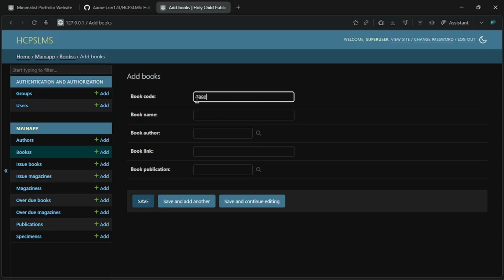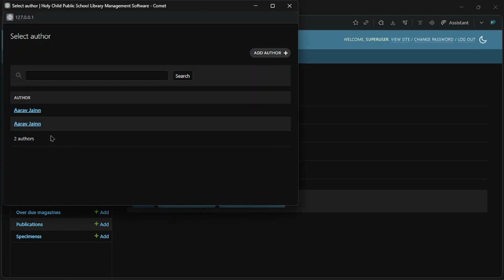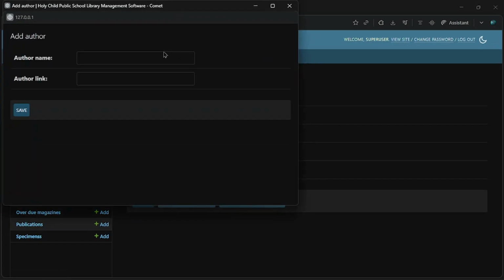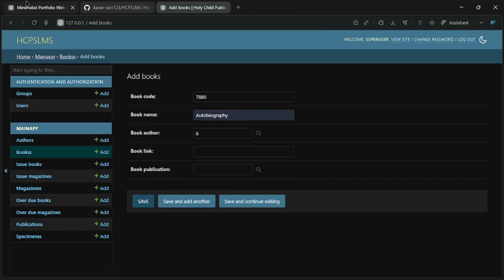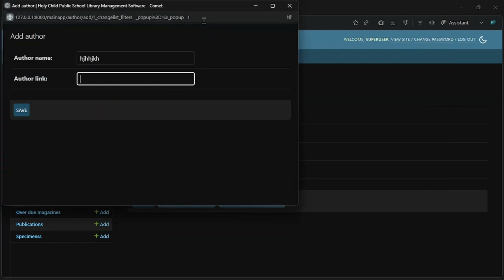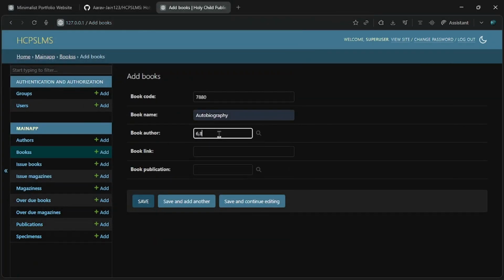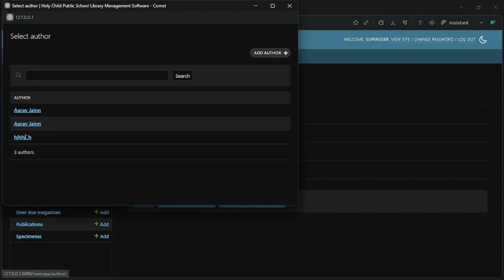So I'm going to type 780, add a name to it, autobiography, and over here, as you can see, there are two authors, and we can add as many authors as we can because it is a many to many field. So Arav Jain, and one more, I will just add a random name over here and a link to him. It won't accept like this. We just need to come here. Just going to add this link and then save him. And over here, as you can see, the ID of both of the authors in the database has been added,